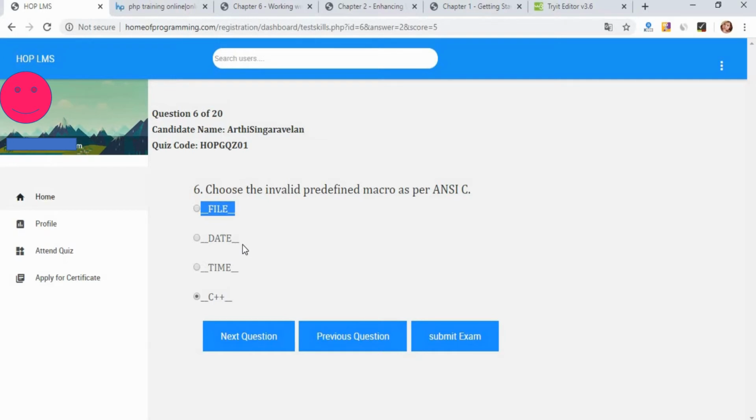So the date value will be stored in the format mmddyyyy, that is 06081995, in the order month, date and your year should be in 4 digits, right? So similarly time macro will store the value of time in hours, minutes and seconds, that is HH:MM:SS, right? So this is a way with which you can use and define your macros. Let's move on to the next question.